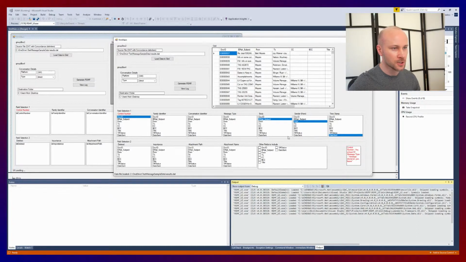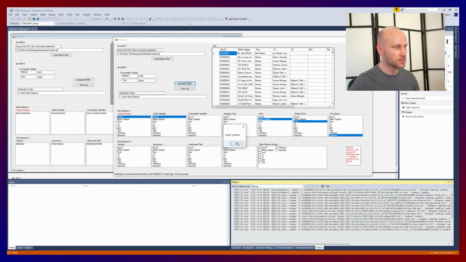Okay, and then the whole section on the bottom here, it doesn't work yet, but it doesn't need to just yet, right? What we test in here is iterating through records and saving them into a file. So let's do that. So we're going to click this button, generate RSMF, and bam, I'm seeing there's a message. Okay, we do need to specify family is going to be same as doc ID. I don't know why I put that there. Doesn't matter. So we're going to click on that, export complete,